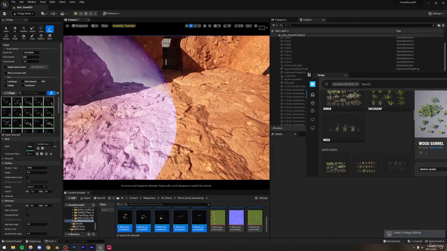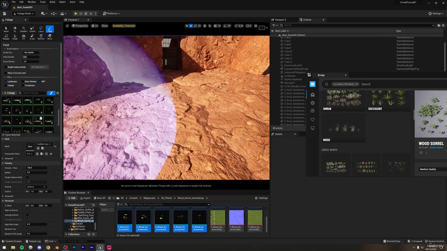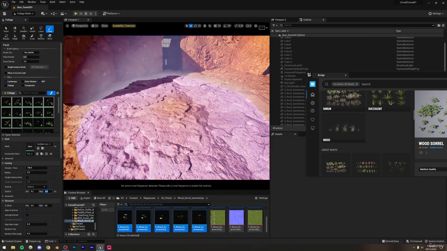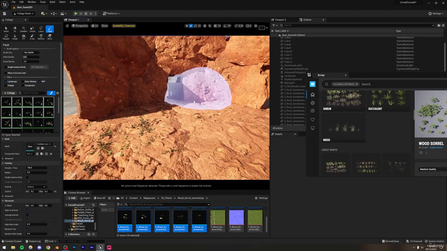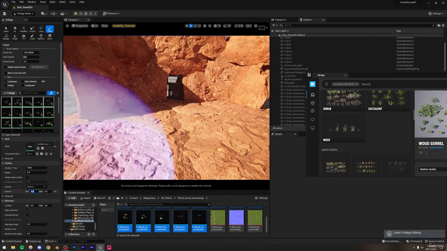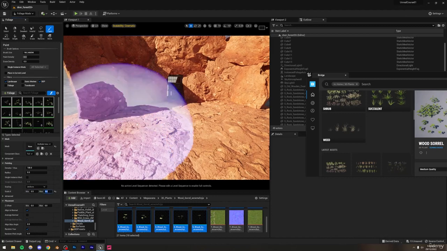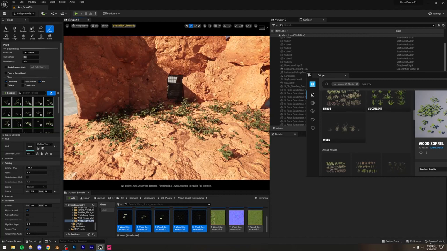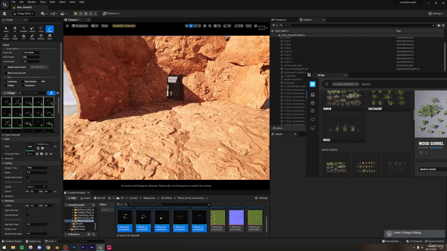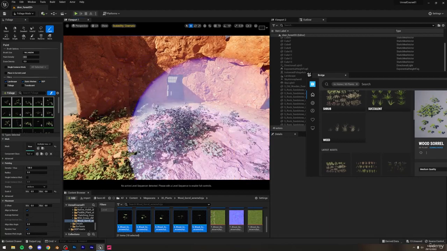So what I'm going to do is that I'm going to make sure that I only have the blackberry selected, so the wood sorrel is not going to be selected. And with this selected, I'm simply going to go to the scale X. I'm going to set it to 0.2 and maybe 0.3. Let's try painting it now. I think that is a lot better. However, it's a little too small. 0.5 to 0.6. I think that is a much better option. Yeah, perfect. Now make sure that your static meshes is turned on, because otherwise it's not going to paint on top of